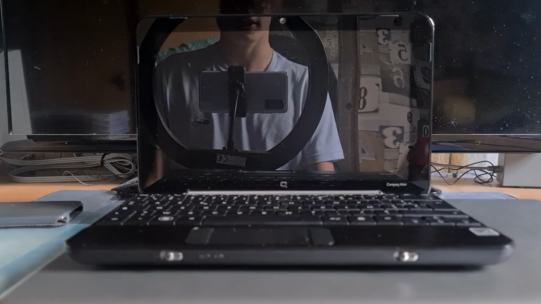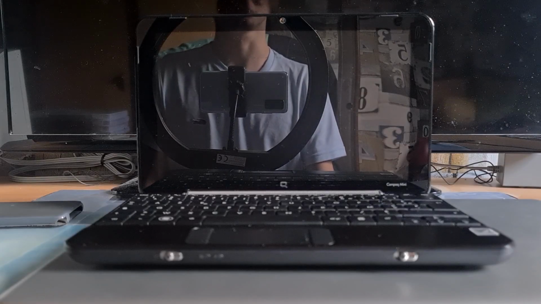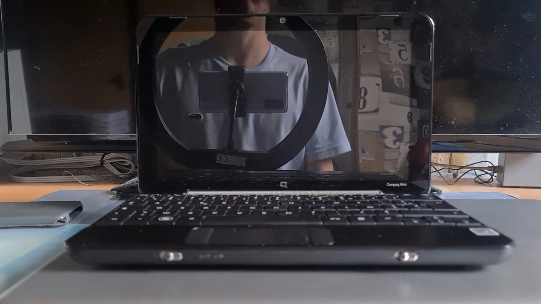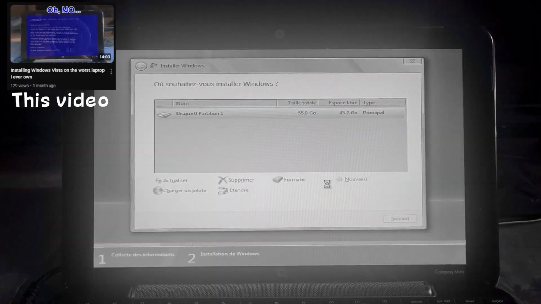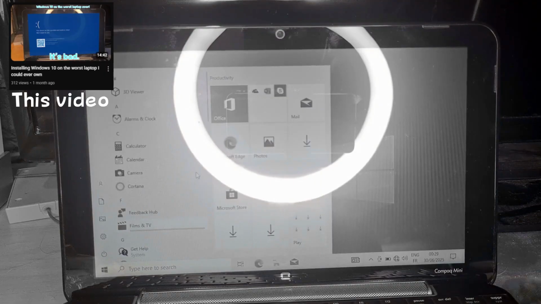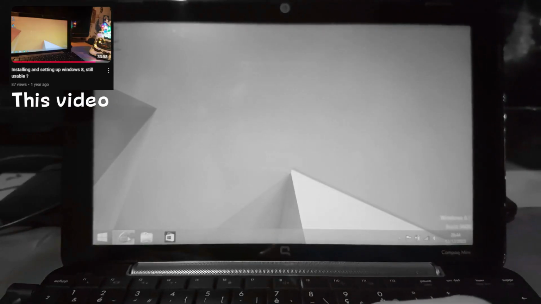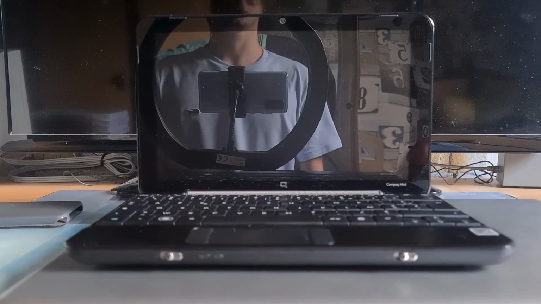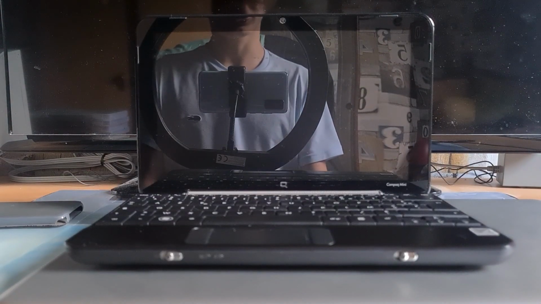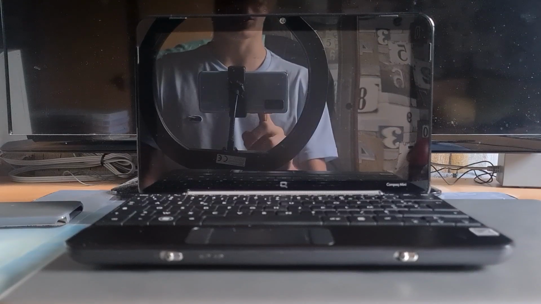So this is the official third episode for this compact notebook to have another operating system. Last time we installed Windows Vista, the other time we installed Windows 10, it was installing Windows 8, and 2 years ago we installed Windows 8. There's some dust in it. Okay, anyway, so this laptop is gonna have another operating system on it,